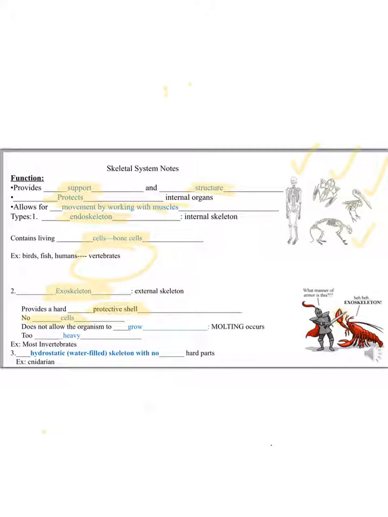Now, this next part is talking about two ways that exoskeletons provide those animals with a disadvantage, ways in which they're not real helpful to the animals. The first way is that an exoskeleton does not allow an animal to grow. So what happens is that the exoskeleton doesn't grow. So when the soft part of the body grows, the exoskeleton gets too tight, so that animal sheds that exoskeleton,